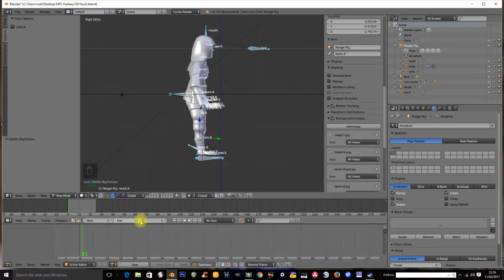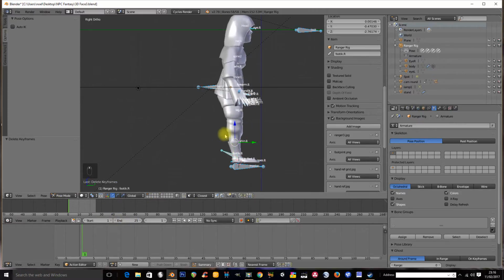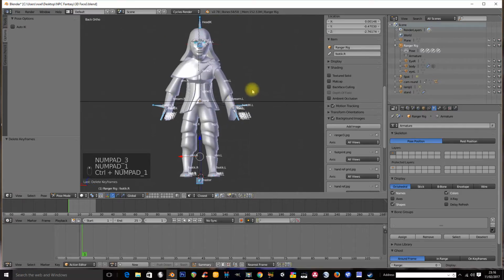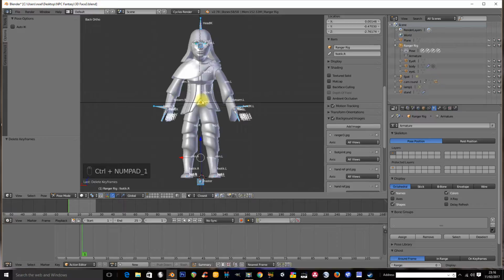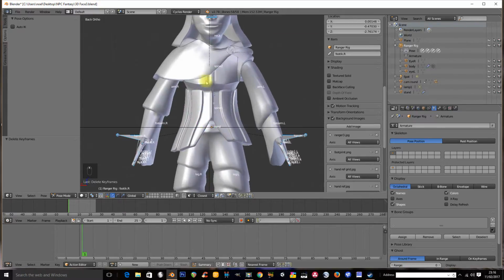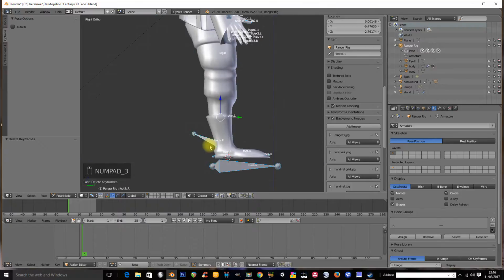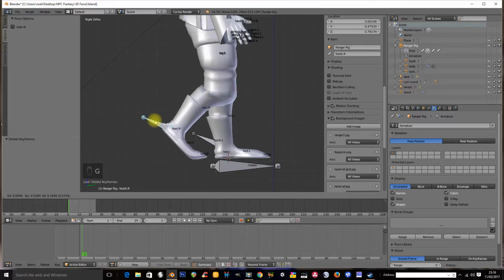I've set my start and end frame from 1 to 25, so a 1 second walk cycle, and we can repeat that. We need to decide what sort of character she is, and we want sort of a light, dainty walk for our character. Not too dainty, but we don't want huge, big strides, so we'll move this leg back a little bit,